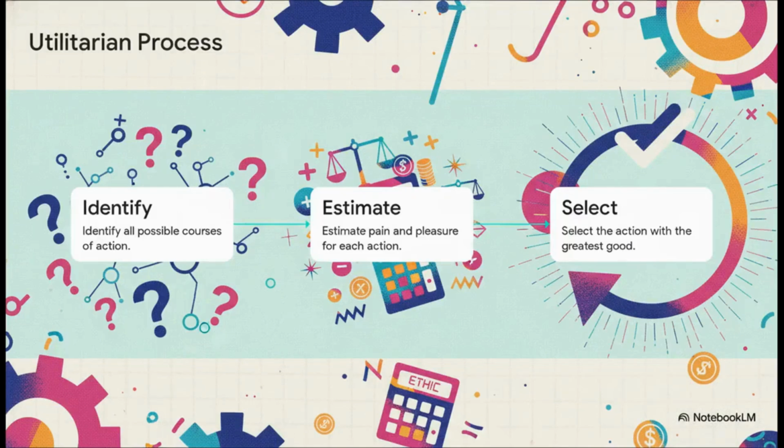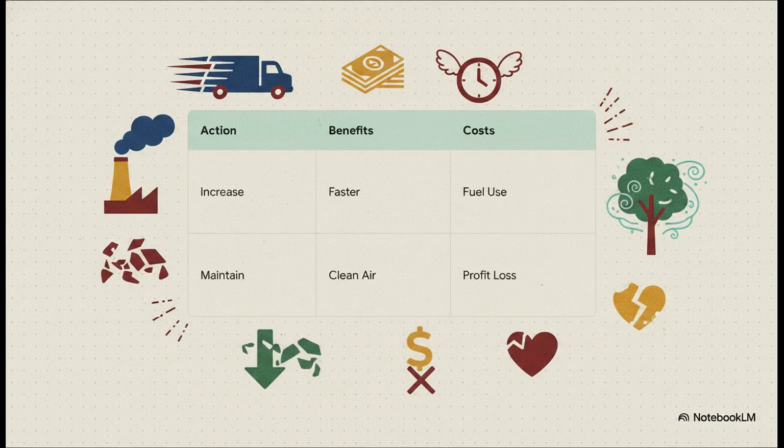So how do we actually apply this in the real business world? Well, Bentham gave us a really practical 3-step mathematical approach. Think of it as an ethical calculator. Step 1, you identify all your possible actions. Step 2, you estimate the pain and pleasure, so the costs and benefits, for each of those actions. And finally, step 3, you just select the action that produces the greatest amount of good. Sounds super logical, right? Let's apply this to a real-world policy decision, like deciding whether to increase or maintain a